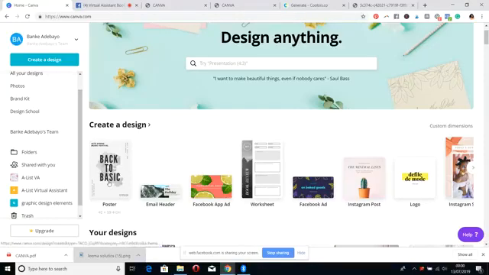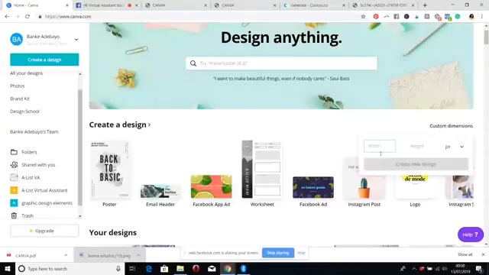So you can see your poster, email header, Facebook app ad, worksheet, Facebook ad, Instagram logo, and so on. Here is another aspect that I want you to notice, because here you can create custom dimensions. If you want a particular dimension that is not pre-designed, that Canva doesn't already have, you can click custom dimensions here and input the width and the height, in pixels, inches, millimeters, centimeters, whatever it is. You need to pick it